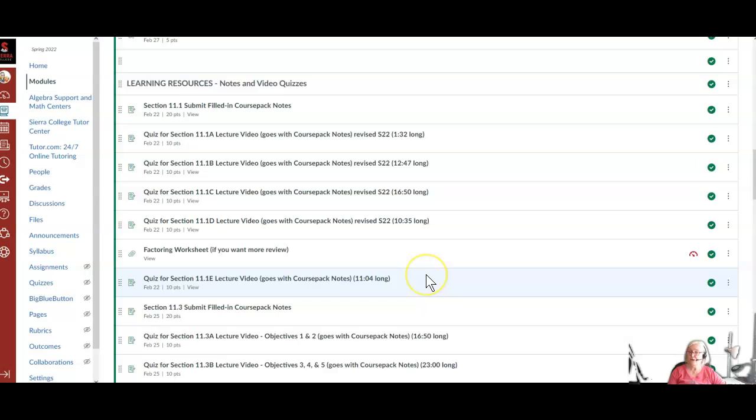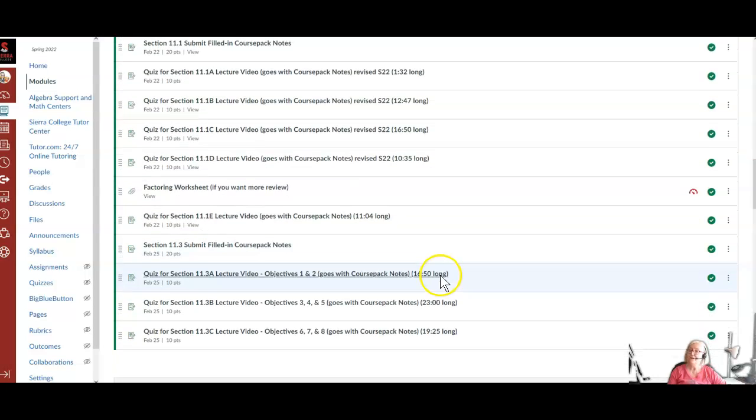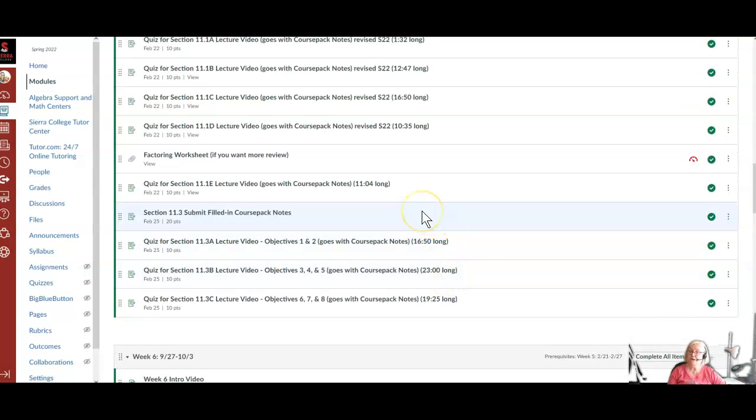As you know, you can turn things in late with no late penalty. That's my effort to try and help you balance out your workload however it works best for you. Maybe you have a really heavy work day on Tuesday and it works better for you to get everything done Wednesday. Totally fine. So then on Friday, section 11.3 is due,